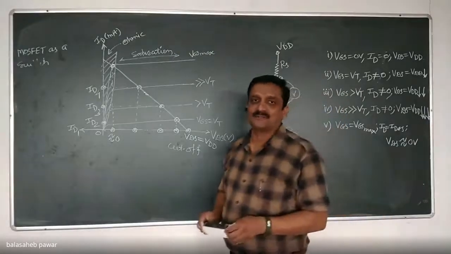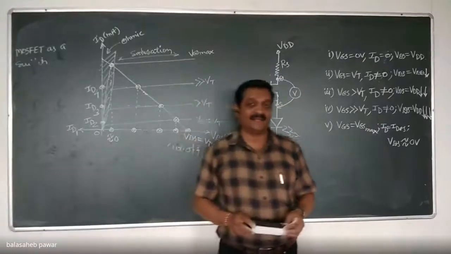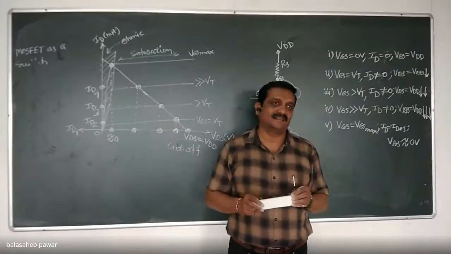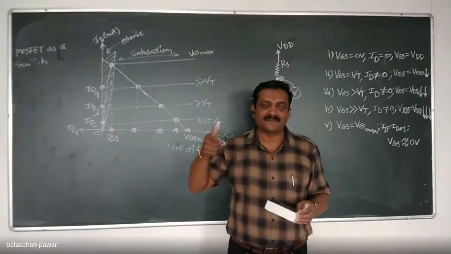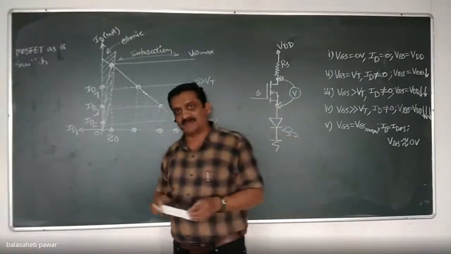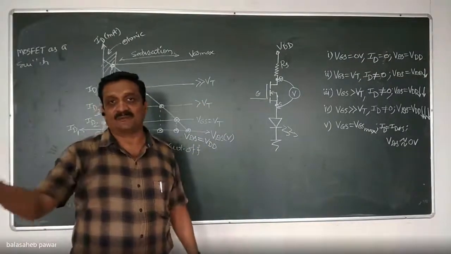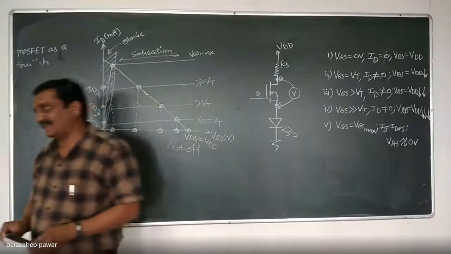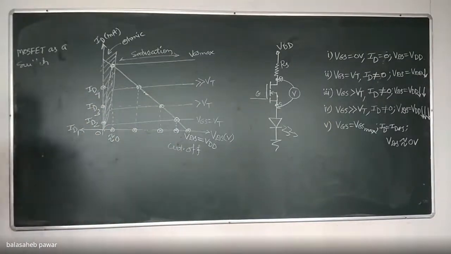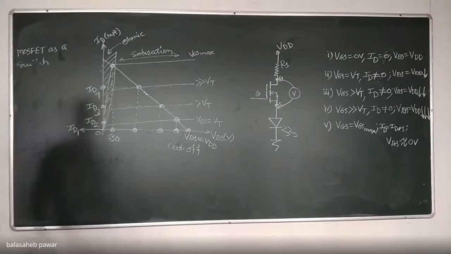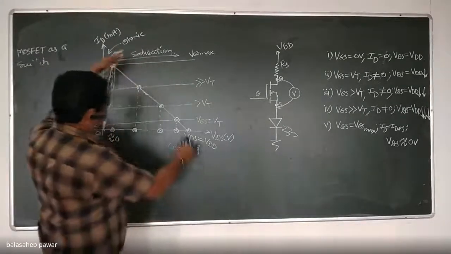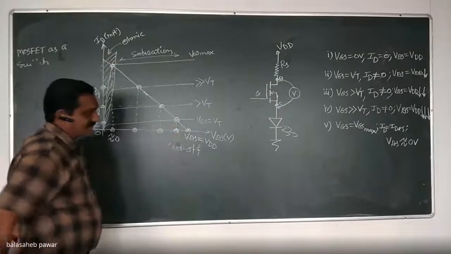Being an amplifier, where should the MOSFET work? Being an amplifier, it should work in the saturation region, because the voltage drop should be as large as possible, so that we can improve the gain of that amplifier. Gain is nothing but output voltage divided by applied input, right? So being an amplifier, the drop across that transistor should be as large as possible, and it will be possible only when that transistor is operated in its saturation region of operation. This much, is it? As per this DC load line.